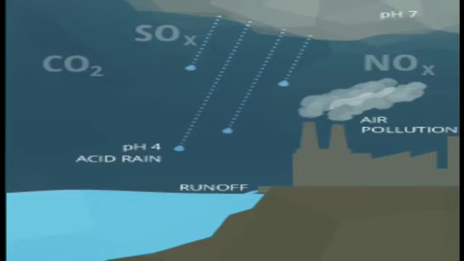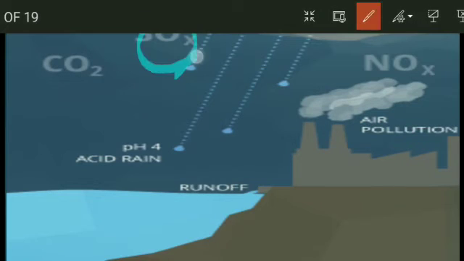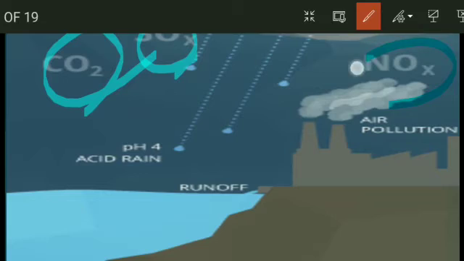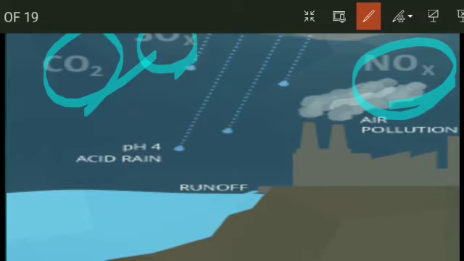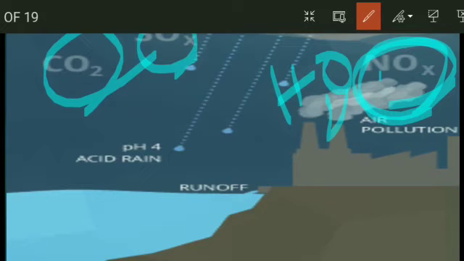So how does acid rain come about? The pollutant gases we release through industries or by burning fuels go to the upper layers of the atmosphere. Sulfur dioxide, carbon dioxide, and nitrogen oxides go to the upper part of the atmosphere and react with water. After reacting with water, they form sulfuric acid, carbonic acid, and nitric acid. When carbon dioxide reacts, it forms carbonic acid; sulfur forms sulfuric acid; nitrogen forms nitric acid.